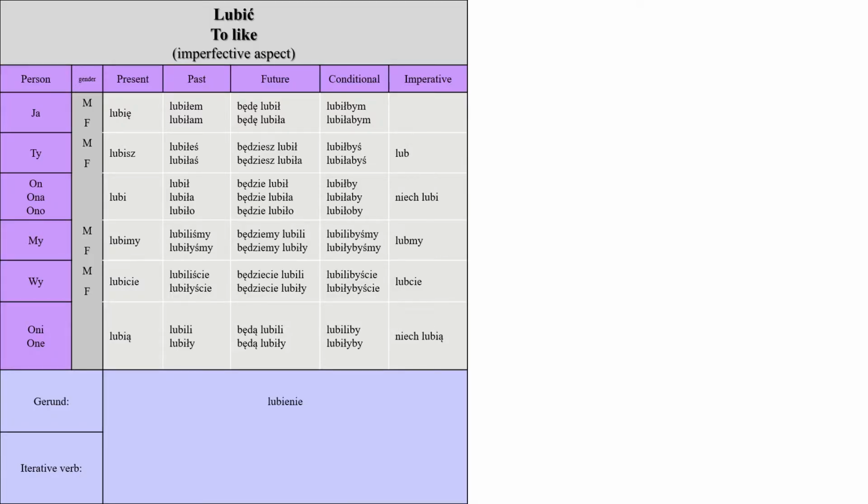So welcome back. Today's word is going to be lubić, to like. Okay, let's start. In the present: ja lubię, ty lubisz, on lubi, ona, ono, my lubimy, wy lubicie, oni,